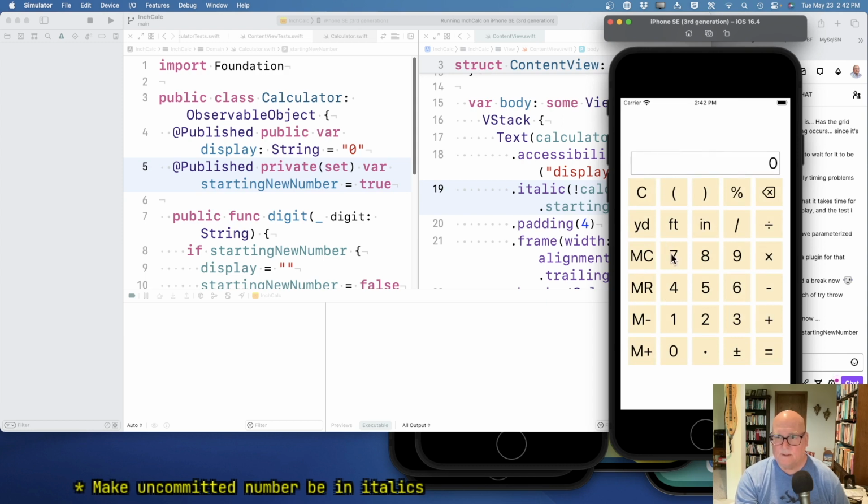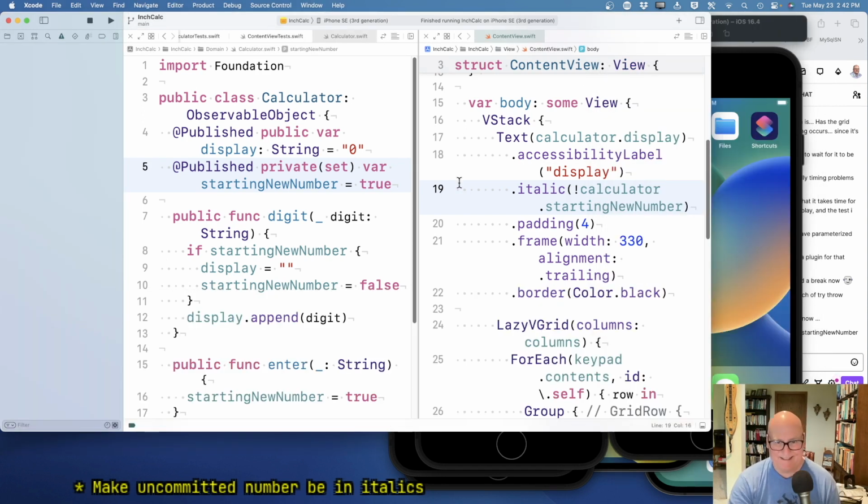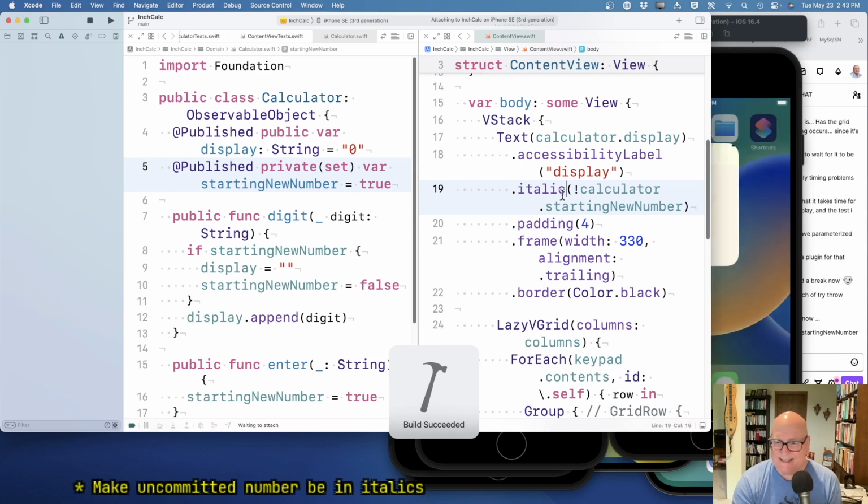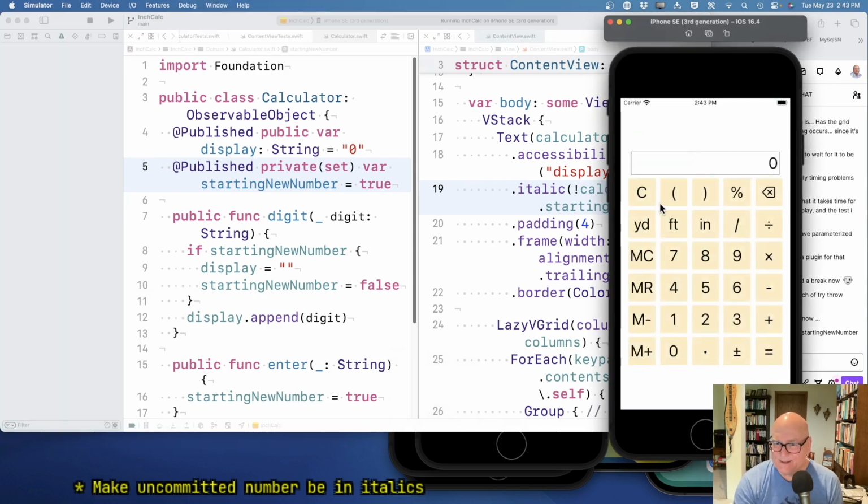Okay, so if I hit a number, 7, yeah. All right, equals. Okay, now it's real. I don't have a clear yet. Let's run it again. Maybe clear would be a good thing to add just from a utility point of view